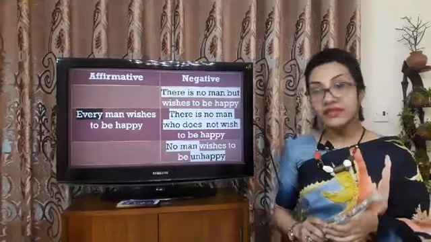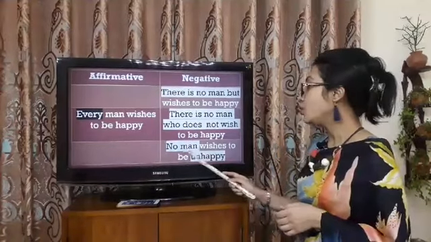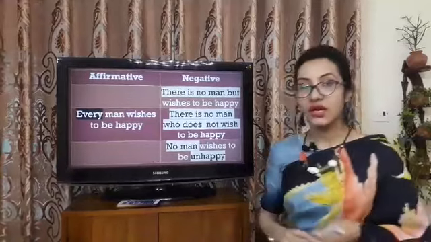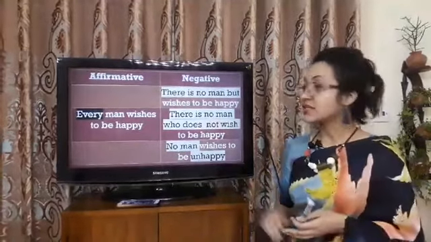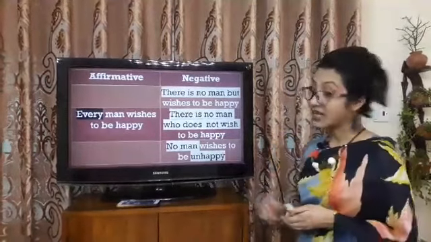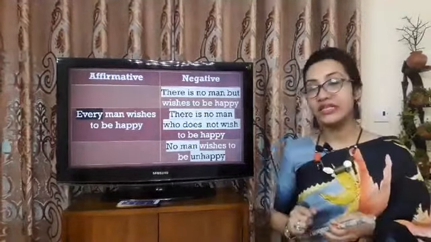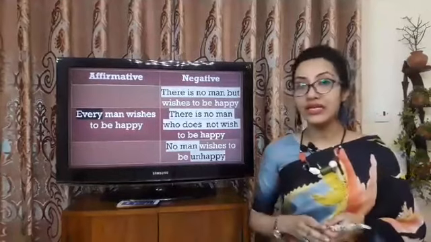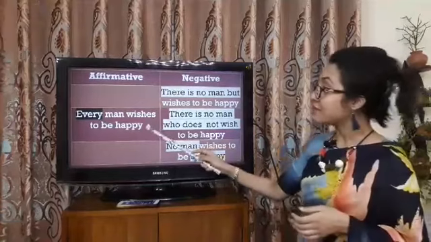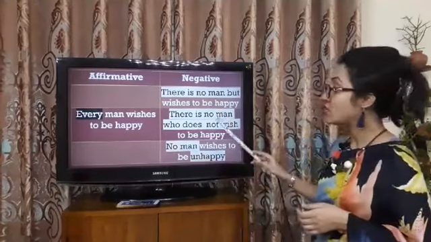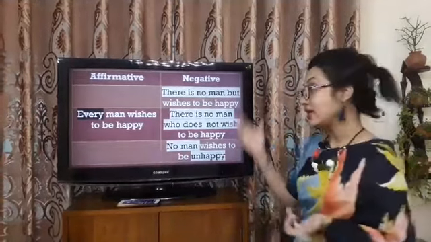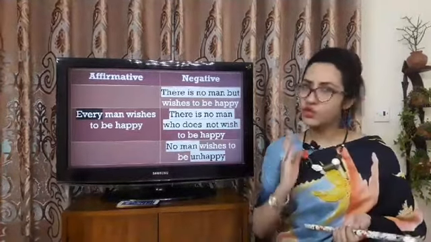In the third one, we have written no man wishes to be unhappy, which is the opposite. কিভাবে opposite? First sentence আমার affirmative sentence ছিল সবাই সুখী হতে চায়। সো আমি যখন নেগেটিভ করেছি, যদি আমি বাংলায় বলি, আমি লিখেছি কেউ অসুখী হতে চায় না। তার মানে কি? তার মানে সবাই সুখী হতে চায়। So the same sentence can be written in 3 ways in negative. একই সেন্টেন্সকে আমি কি করেছি? 3 ভাবে নেগেটিভে ট্রান্সফর্ম করেছি।